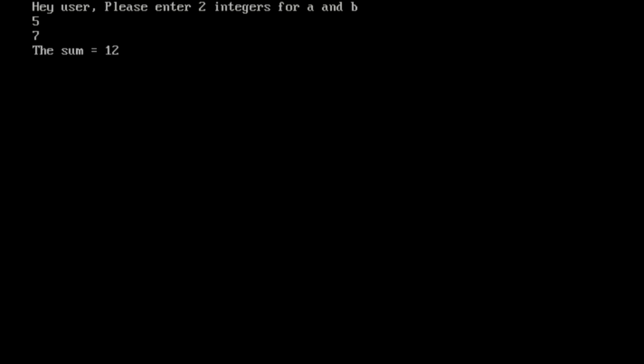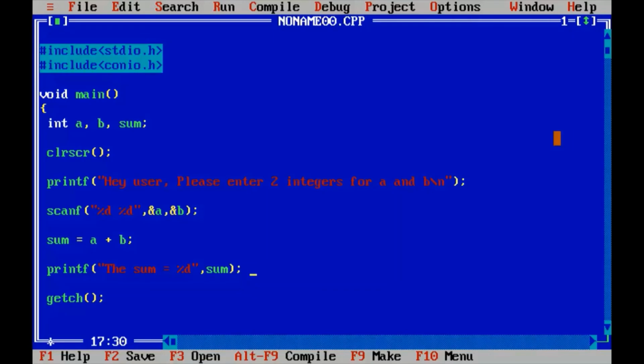So there are two possibilities. You must separate the two numbers, right? For that you can use the spacebar key or the enter key. Okay, so this is how we use the scanf function to perform the input operation. So this is a standard scanf function. This is the formatted input function. That means you can set the format. Here we are setting the format, which is %d. %d sets the input value to integer, right?